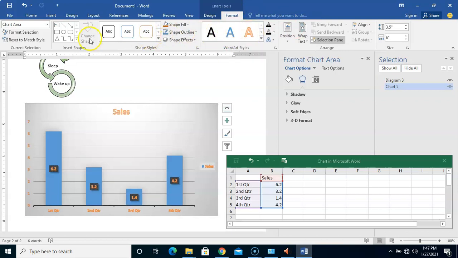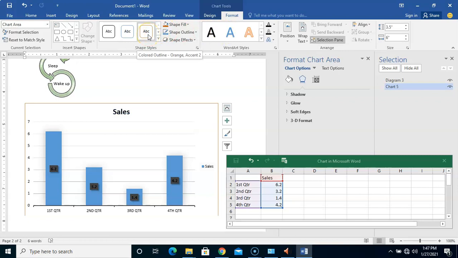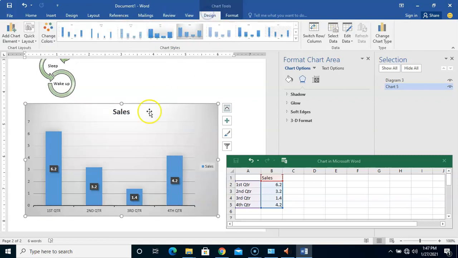The format has to do with the text, so you could play around with them. While the design has to do with the shapes and all that. So I want to believe you now know how to insert a chart into your document. Now let me also teach you how to,